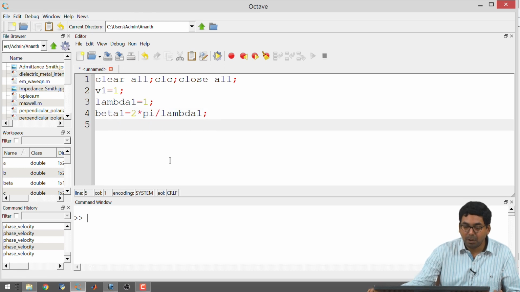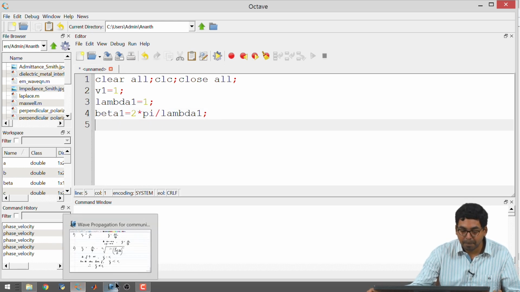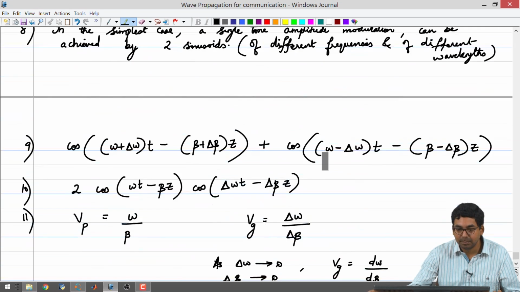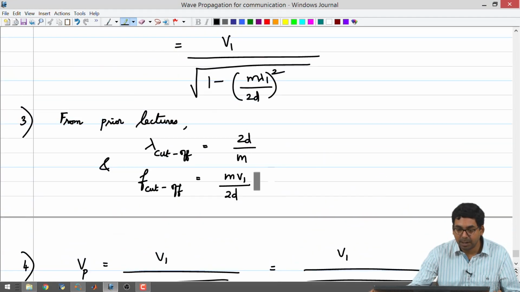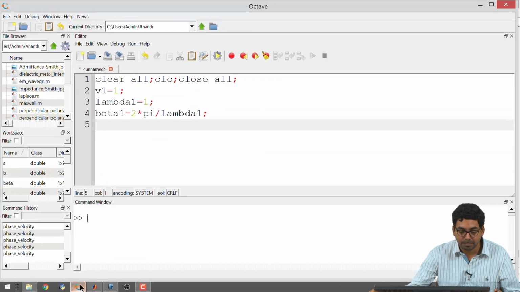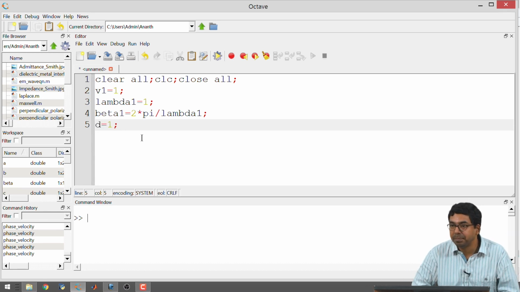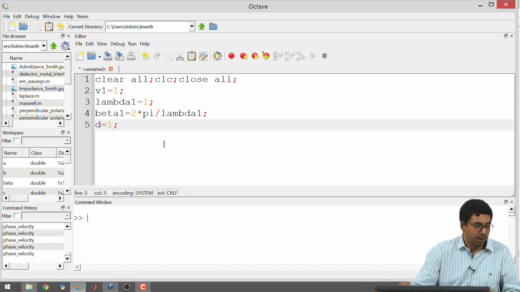And I think the formula needs, okay, for finding out the f cutoff, I could use m V1 divided by 2d. So, V1 I have already defined, I need to define d and I need to define m, all right. So, I am going to take unknown quantities, d to be equal to 1, all right, d is equal to 1, and